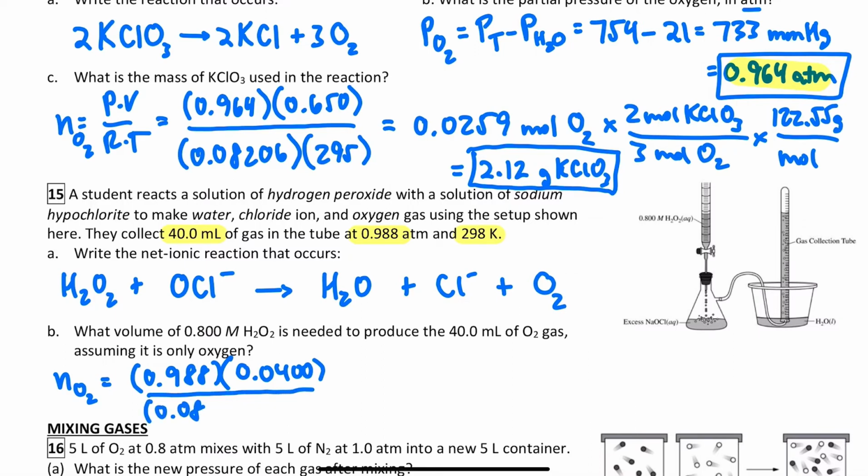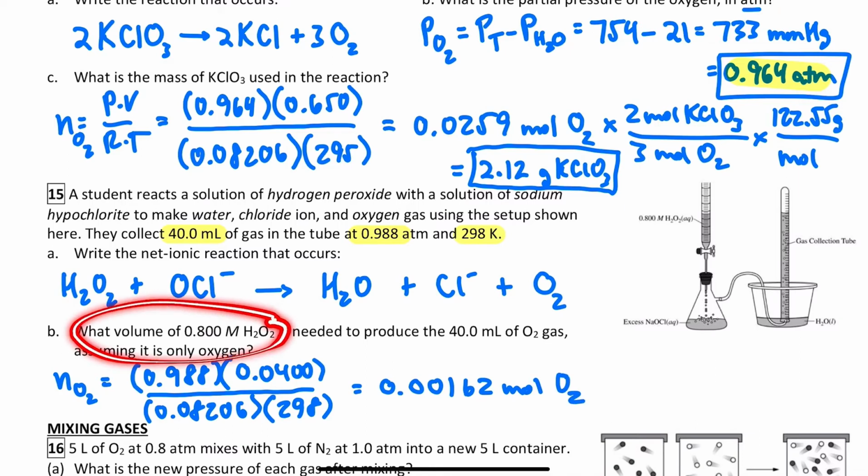That's 0.08206 liters atms per mole Kelvin. And then the temperature is already given in Kelvin. That's 298. And when you type all that out, you get 0.00162 moles of O2, but they want a volume of the other reactant of the peroxide, which if I look at